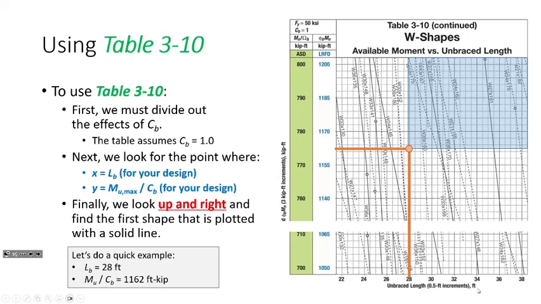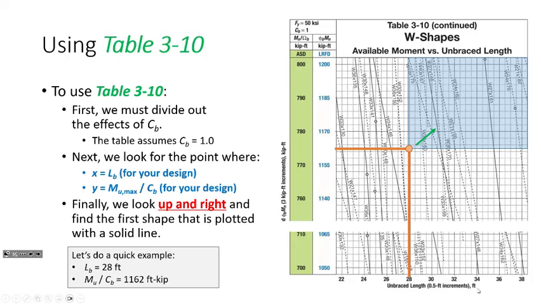So what I am saying is this. What you do is you look up and to the right and you find the first solid line, okay? So in this case, we would try a W27x146. That's how the aid works, okay? Now, some of you might be asking, why a solid line? Why am I picking the solid line? Does anybody notice something about the solid lines in this region? Like, look at these shapes right here. Let's just look at these three shapes. Can anybody tell me what's unique about the solid line as opposed to the dash curves? It's the lightest. It's the lightest, right?